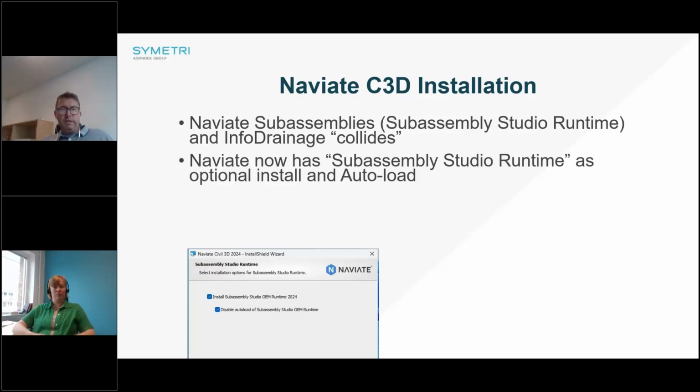But what we've done so far is that in this version, we're allowing a selection to whether to install Subassembly Studio or not, and whether to disable autoload. So what we're recommending is actually selecting to install and selecting to disable autoload if you are using Infra Drainage. All Swedish customers or all users that don't use Infra Drainage should just select install Subassembly Studio and do not